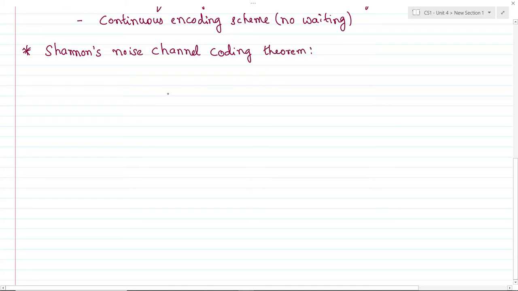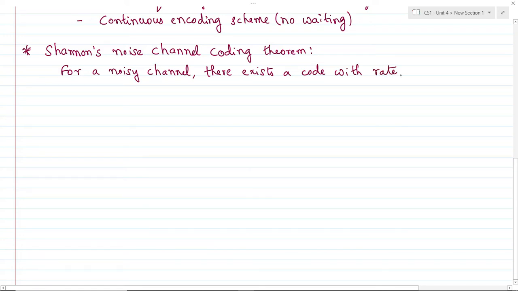It states that for a noisy channel with a capacity C, there exists a code with rate of transmission R, which is less than the capacity of the channel, such that the decoding, if I implement an optimum decoding procedure, which is known as maximum likelihood decoding technique,